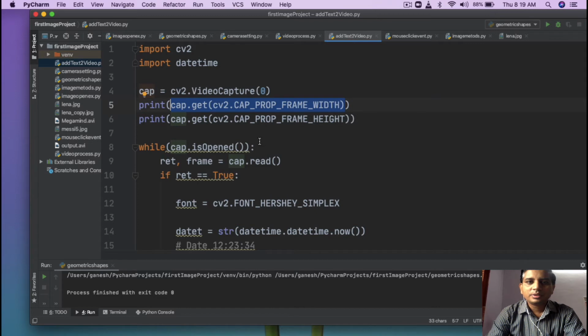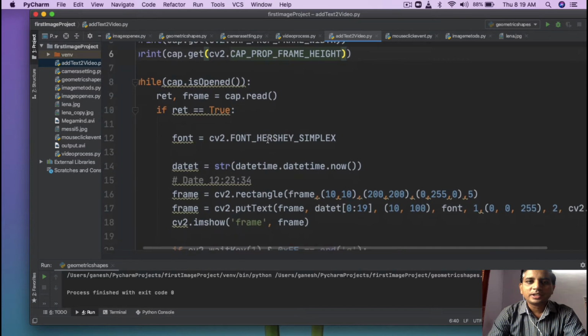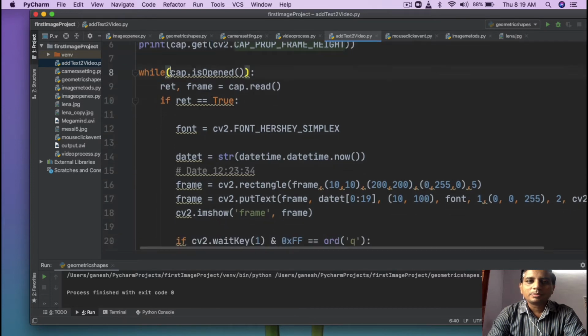Here I'm printing the width and height by using the properties cap_prop_frame_width and cap_prop_frame_height. Okay, so the height and the width get displayed. After that, if the cap is open, that is if you get the instance of your web camera, then you go inside and read one frame.